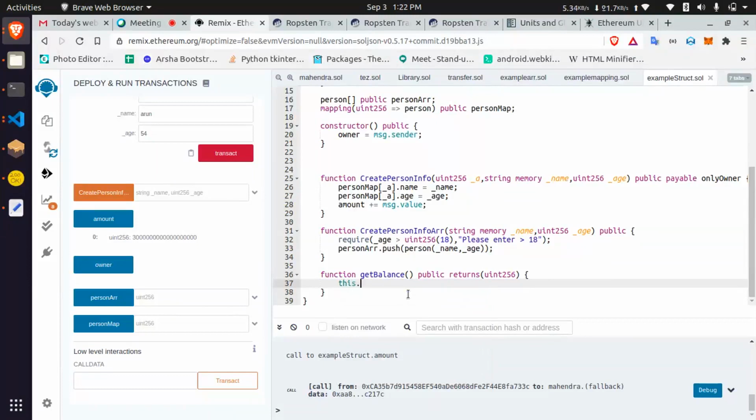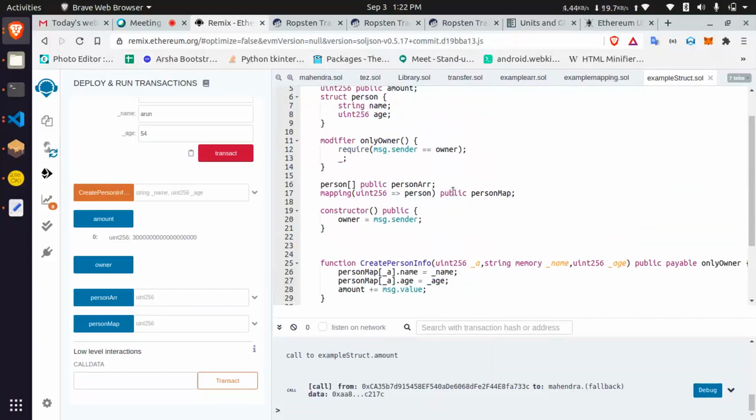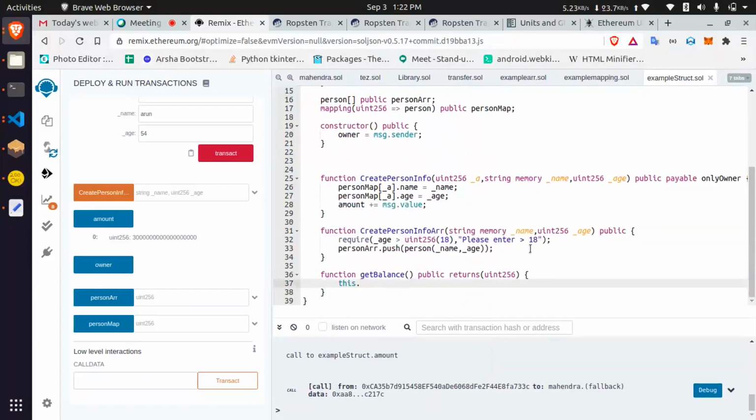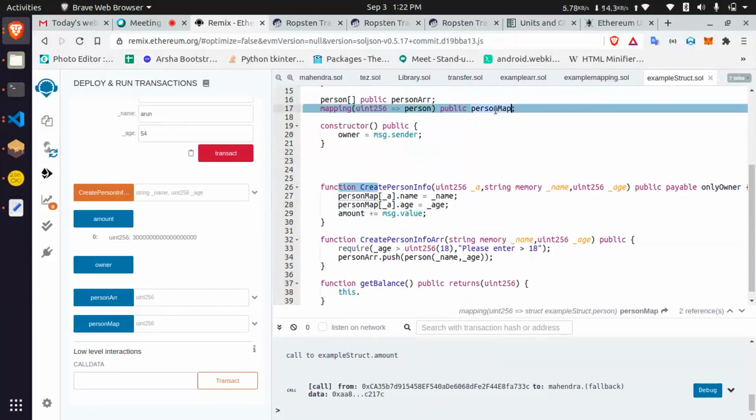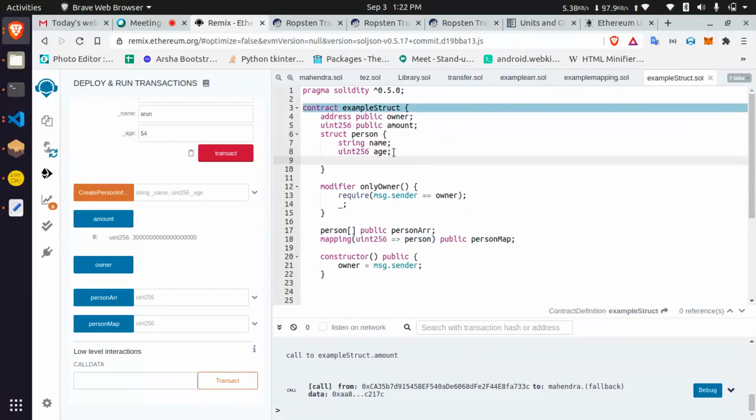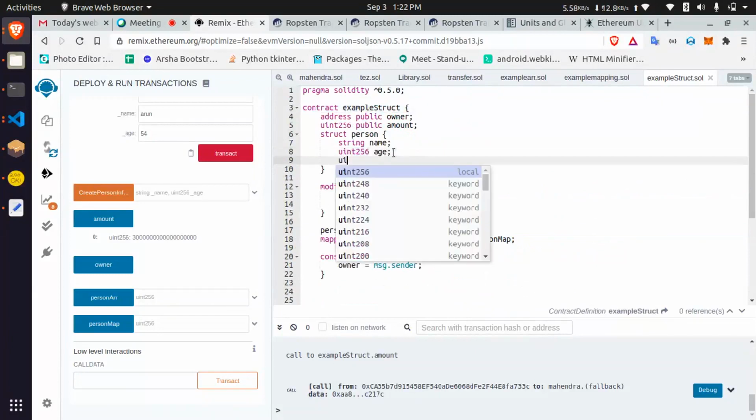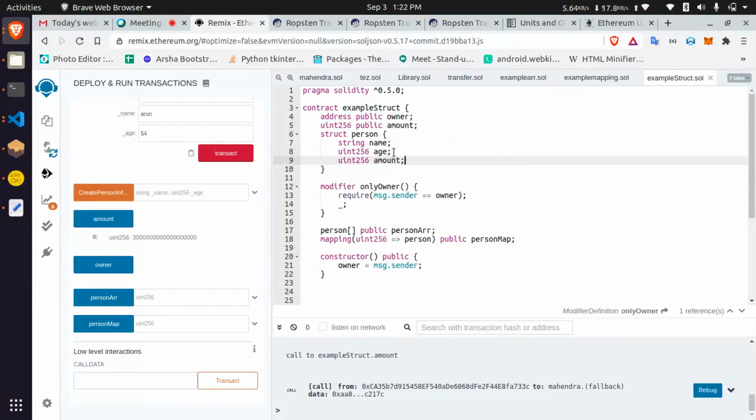This means it will refer to this contract, and then it will return the balances, this variable you are maintaining. For example, if somebody is paying, if the owner is paying, we are directly storing here. If you are creating personal data, in this you can maintain even a uint256 amount.